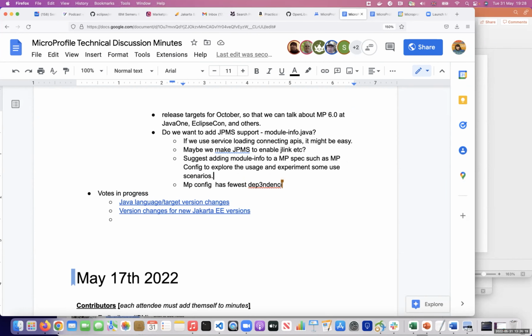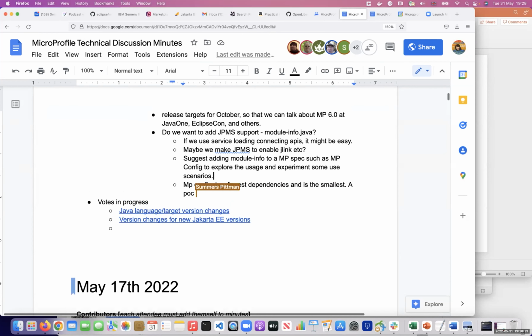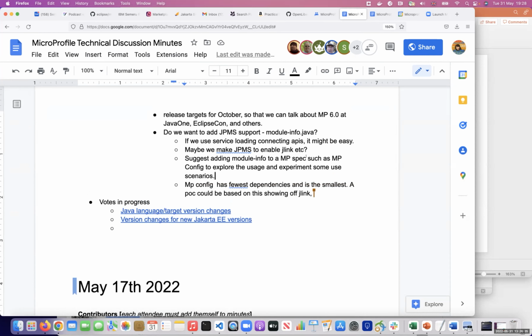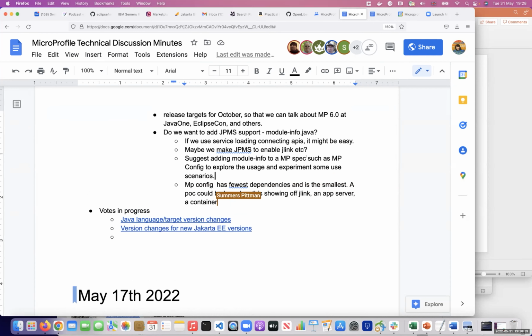But on the other side, config will have wide impact, so I don't know how good that will be either. Yeah, but adding the module-info to config will not impact others though.